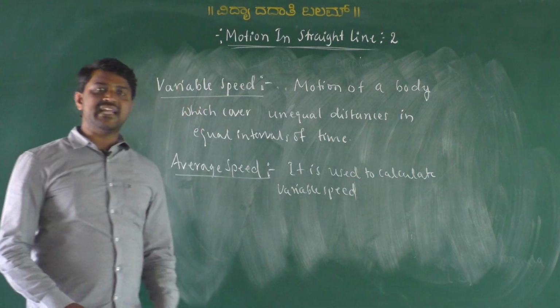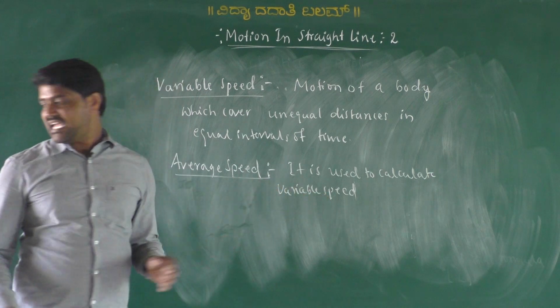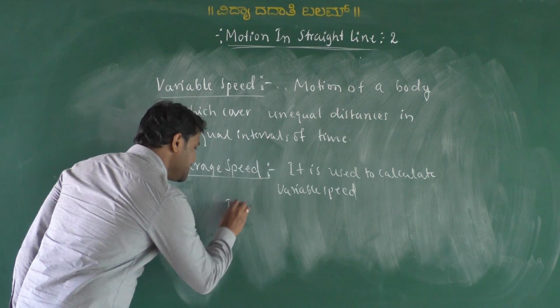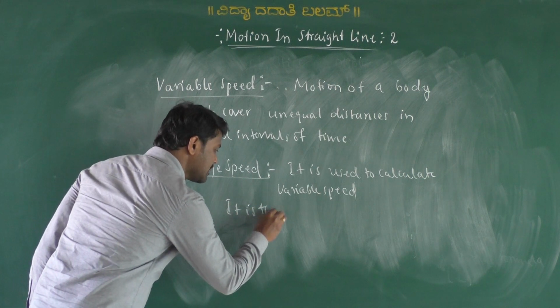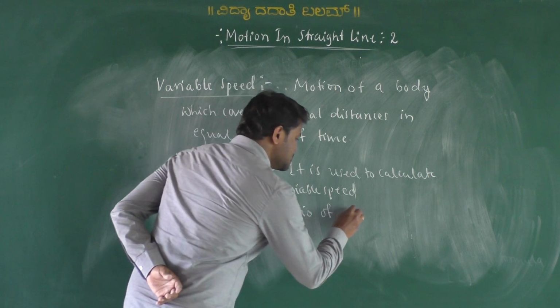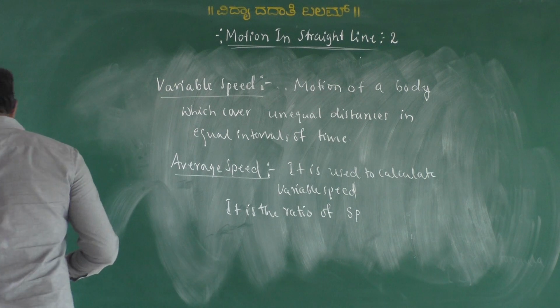ಏನು ವೇರಿಯಬಲ್ ಸ್ಪೀಡ್ ಅಂದ್ರೆ? I am choosing variable speed, we can calculate average speed. ಹೇಗೆ ಕಂಡುಹಿಡಿಬಹುದು ಅಂದ್ರೆ it is the ratio of speed. In the sense what? It is the ratio of distance traveled